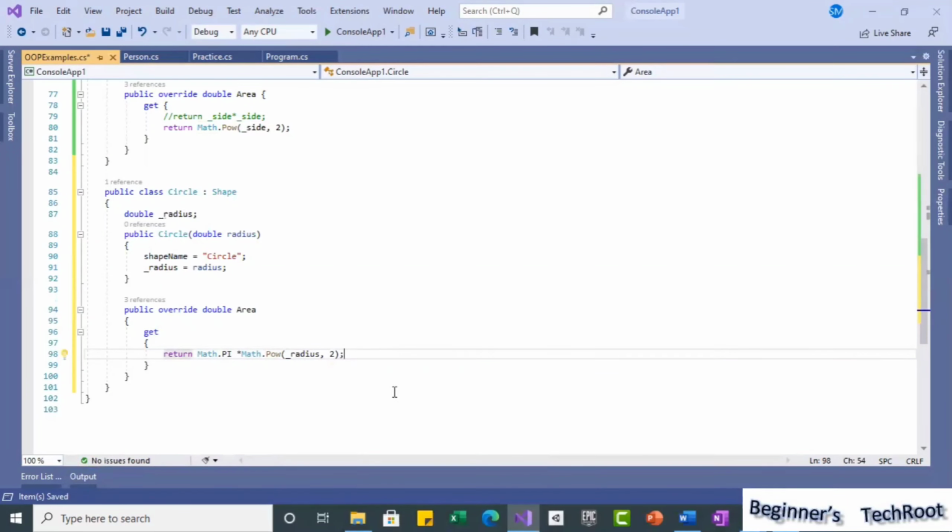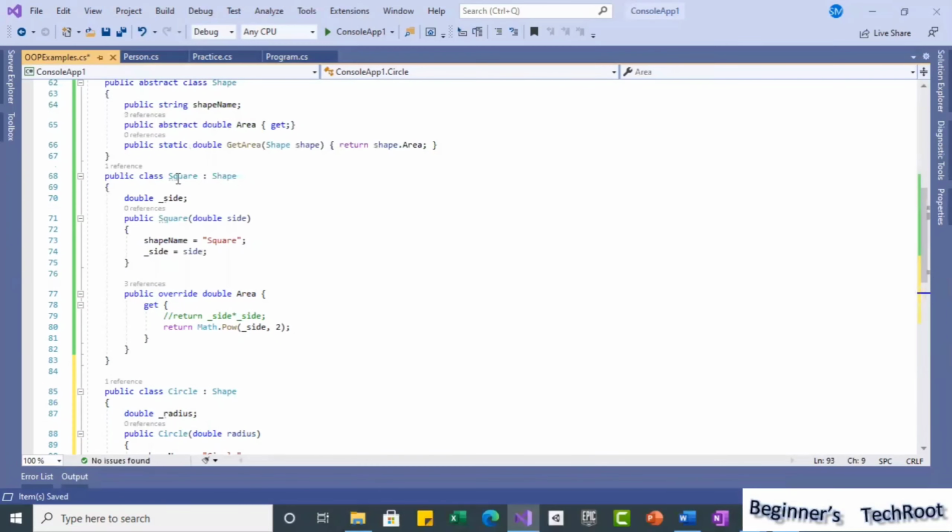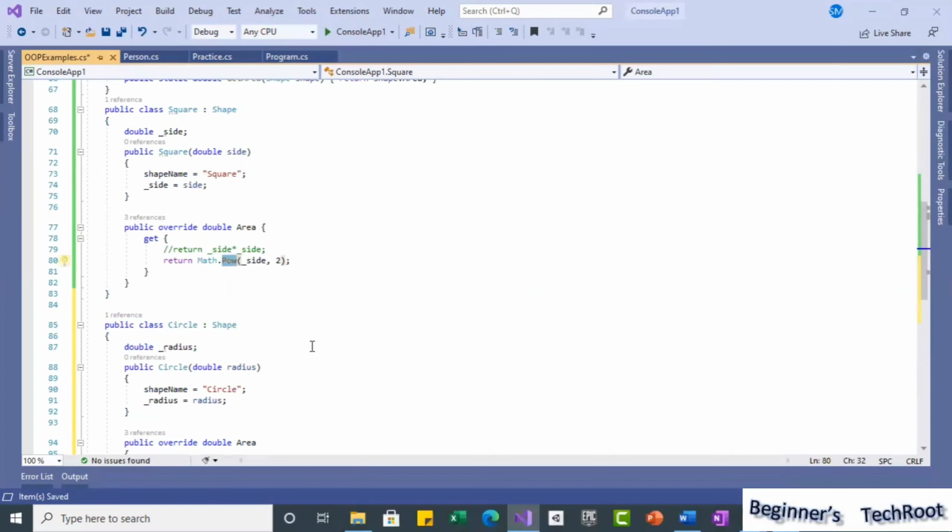Okay, so like this we can use this. This is the formula for a circle area. To help you understand why I am showing this: in a shape, square, the implementation is different for area, same area only.